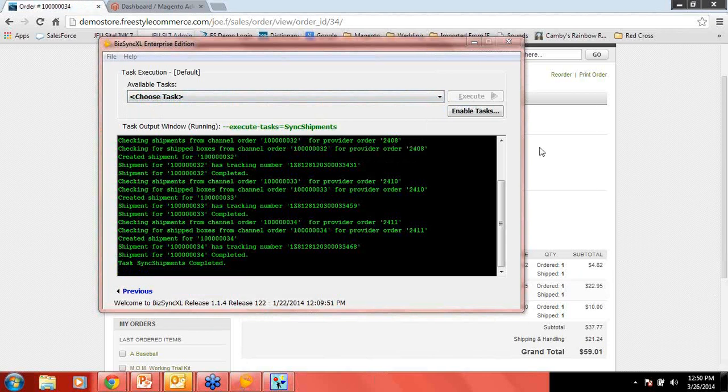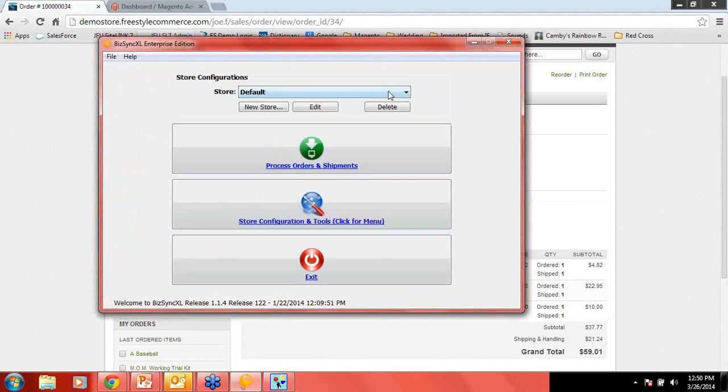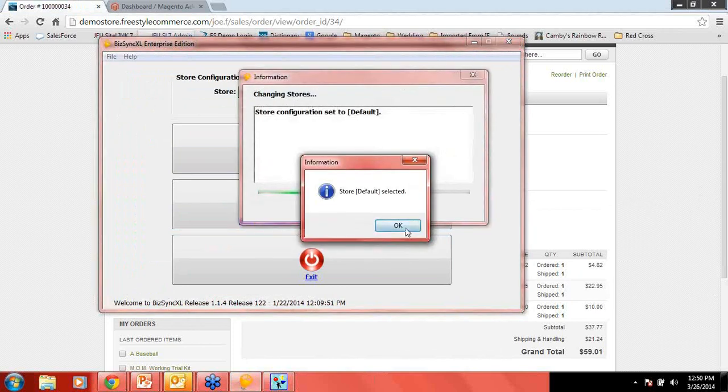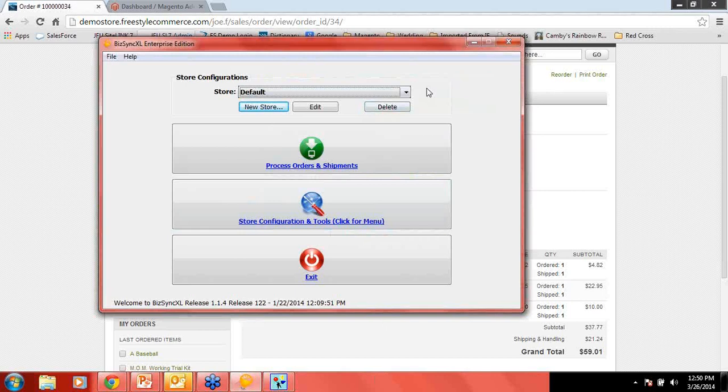Yeah, and that's a great question. We have the ability, if you can go to the previous screen there, on the BizSync. Oh, go previous. Yep. Okay, got it. And then you can see at the top where it says Store Configurations. Joe has one store set up right now, but in there you can create multiple stores. Just hit new store here. Yeah, you hit a new store, and then you can create a whole new configuration for your multiple Magento stores